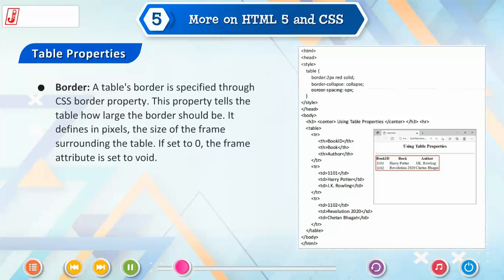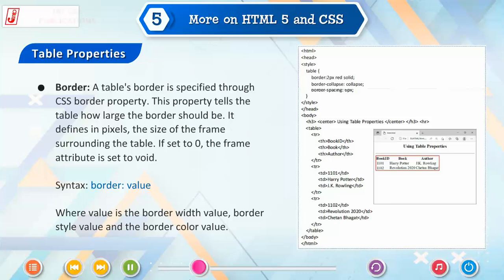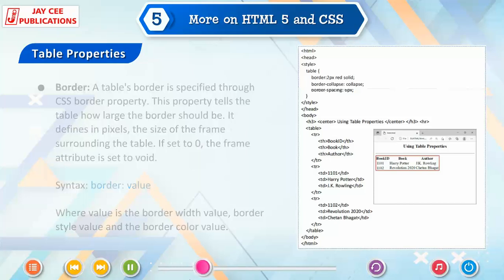A table's border is specified through the CSS border property. This property tells the table how large the border should be. It defines in pixels the size of the frame surrounding the table. If set to 0, the frame attribute is set to void. Syntax: border: value, where value is the border width value, border style value, and the border color value.